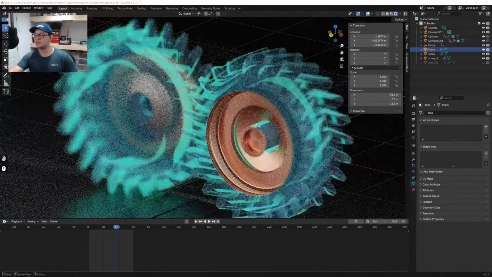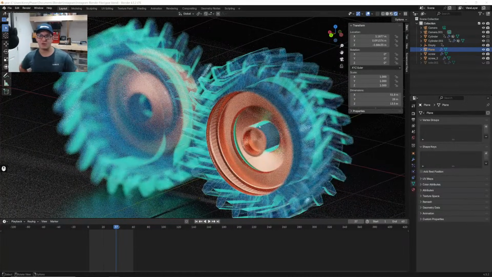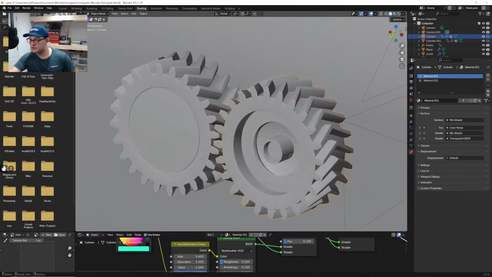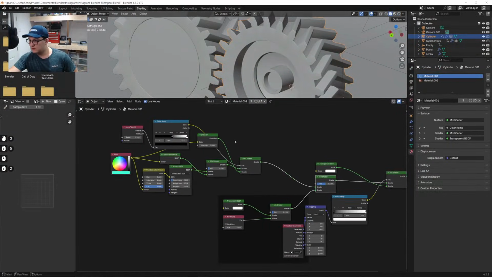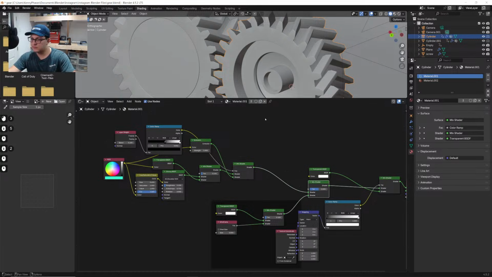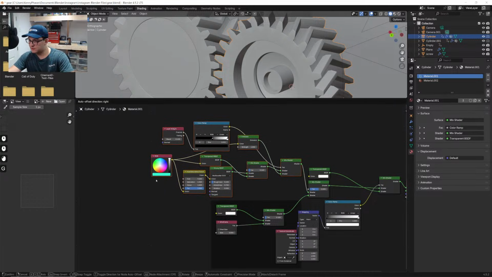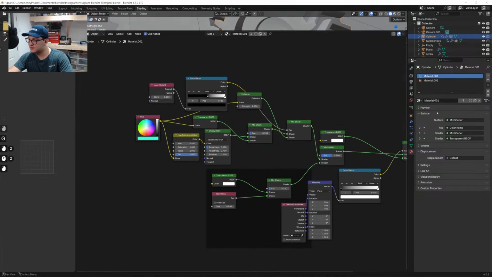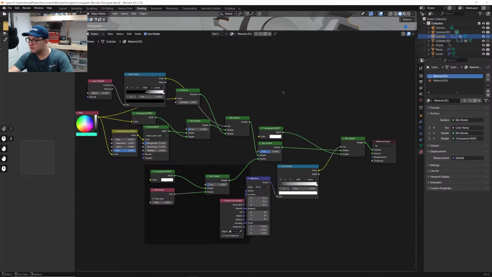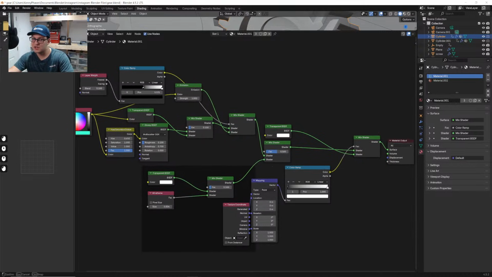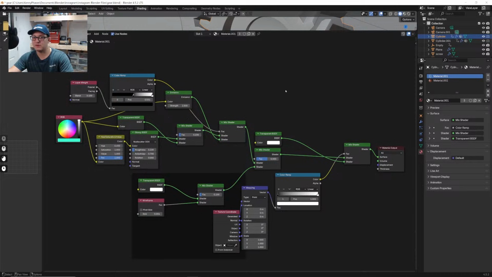If you need the nodes to this, just drop a comment down below. We'll be sure to upload that file for you. And then I'll just also show the nodes one more time so you can check those out. There you go. Let me just consolidate this a little bit. There we go. Can you guys see that? Hopefully you can. These are the nodes for that exact shader right there. Absolutely fantastic shader. Love it. Completely customizable. I hope you guys enjoyed this live stream. Have a fantastic day, and I will talk to you guys in the next